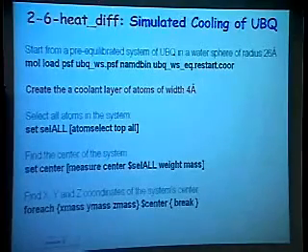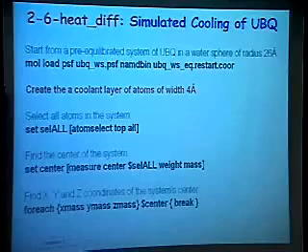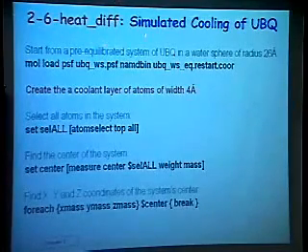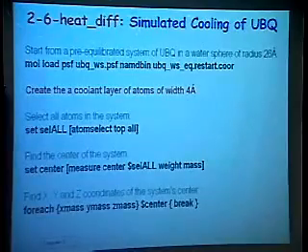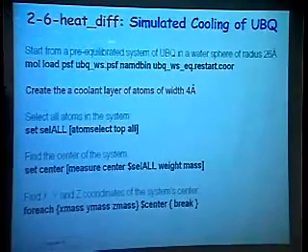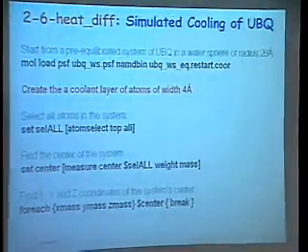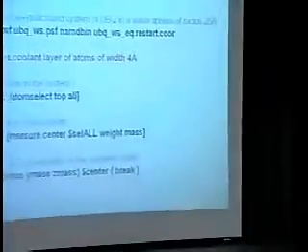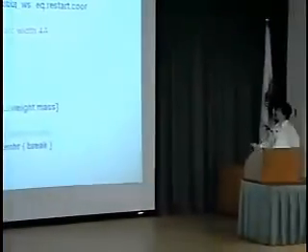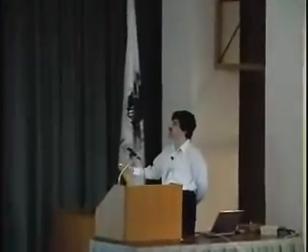And now let me be more precise and refer to your upcoming hands-on session, where you are going to simulate the cooling of ubiquitin. This is the name of a directory, or a folder, which contains all the files you will need to complete this exercise. You will start from a pre-equilibrated system of ubiquitin at 300 K. The radius of the sphere in which ubiquitin was placed is 26 angstrom.